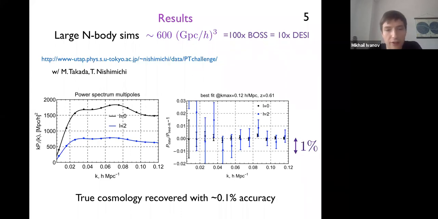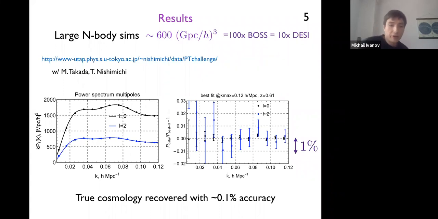So here on the left, you can actually see this data. You can see the monopole and the quadrupole moment of the redshift space galaxy power spectrum. Here I just remind you that the monopole is the galaxy density auto power spectrum, and the quadrupole should be thought of as the cross correlation between the galaxy density and the galaxy velocity field that you get to observe thanks to redshift space distortions. And it's very important that the velocity distribution is unbiased on large scales, so there is no galaxy bias, and you get to measure the linear clustering amplitude without paying the price of galaxy biasing for this observable.